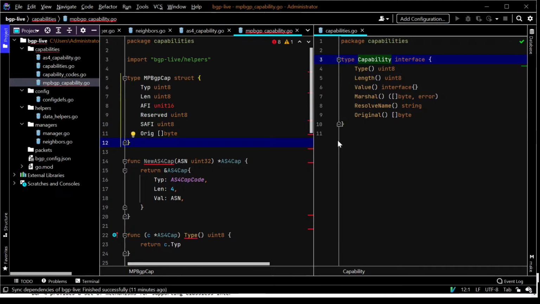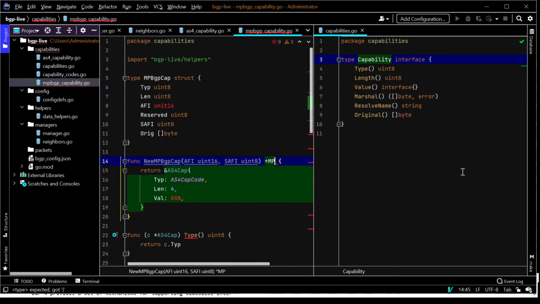And so I know, looking at this capability for MPBGP, that I've got a couple of things going on there that will eventually end up making this also a 4-byte length, because it's got an AFI, which is a uint16, plus a reserved plus a SAFI, that tells me my length automatically, but different variables. Then I can simply modify this, change the input parameters here, change the return type,